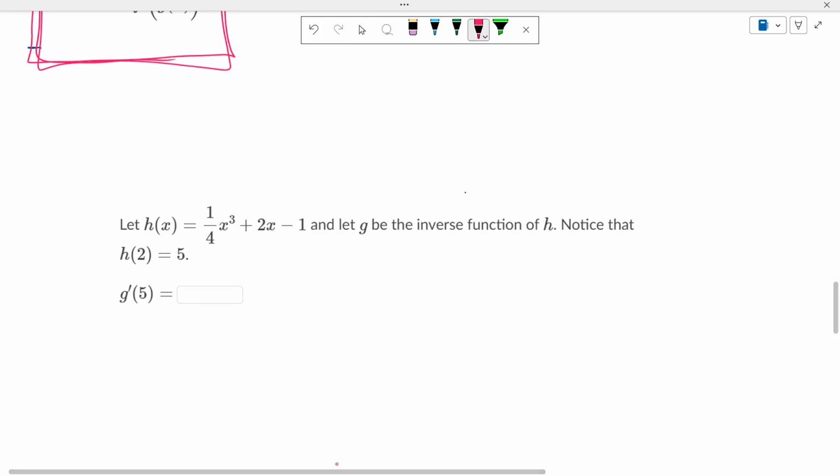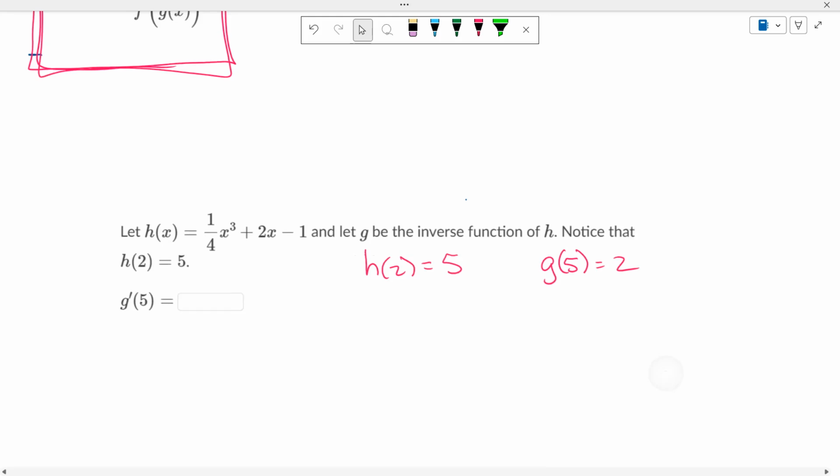Inverse functions. If h of 2 equals 5, then its inverse is g of 5 equals 2. If these two are inverse functions, then you just flip around the x's and the y's. Because you switch the x and the y around, g of 5 must equal 2 if h of 2 equals 5. Okay? Then going by our formula,